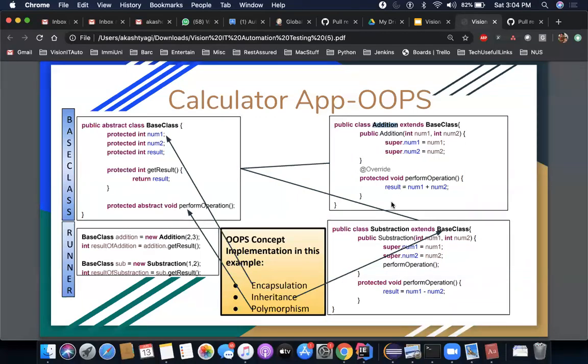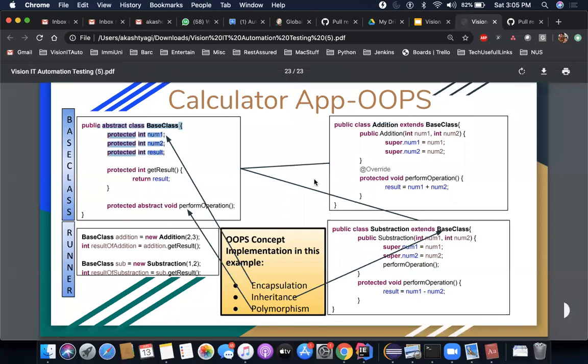I have brought them up to a base class. I have moved these variables which were common. I moved them separately and created a class for it and named it base class, and I'm actually making use of it. So this is how I am reusing the code. I don't have to write these lines again and again in different operation classes, right? So in addition, you won't find num1, num2. In subtraction, you won't find num1 and num2, because I have moved them to the top, and this is how I am directly accessing them using the base class concept, right?